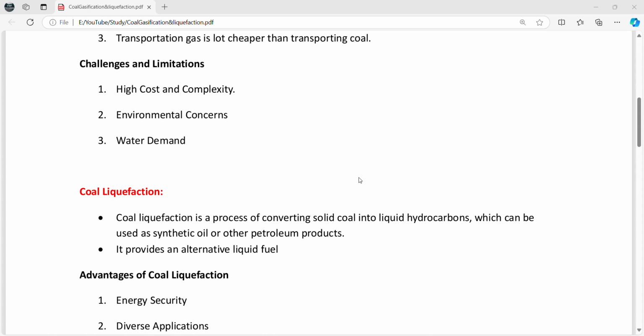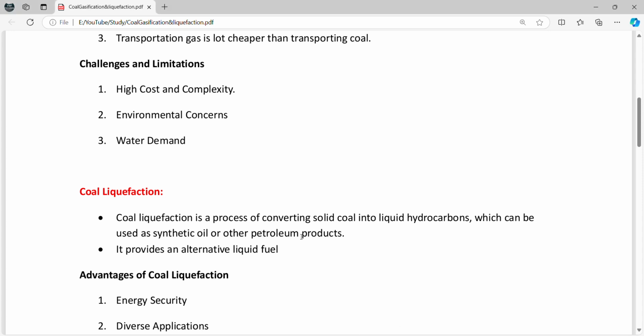While we are saying it is cleaner when compared to traditional coal use, gasification still produces CO2 emissions and requires proper disposal of the solid residues. And the other concern is that coal gasification is one of the most water intensive forms of energy production. And the other concerns are water contamination, land subsidence, and disposing of the wastewater safely.